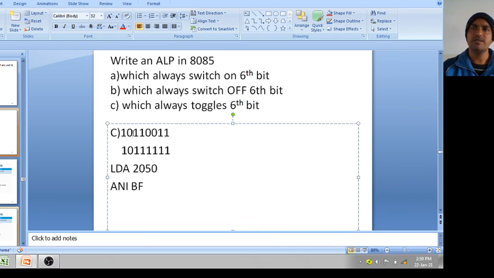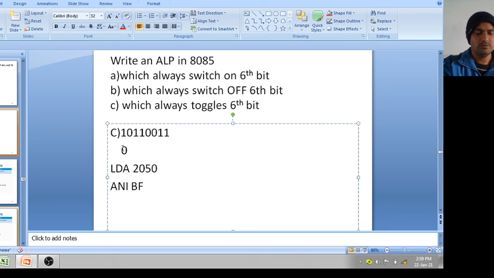You know, in an XOR gate, if one input is 1, it works as a NOT gate. A XOR 1 is always equal to A bar. A XOR 0 is always equal to A. So what you will do now,